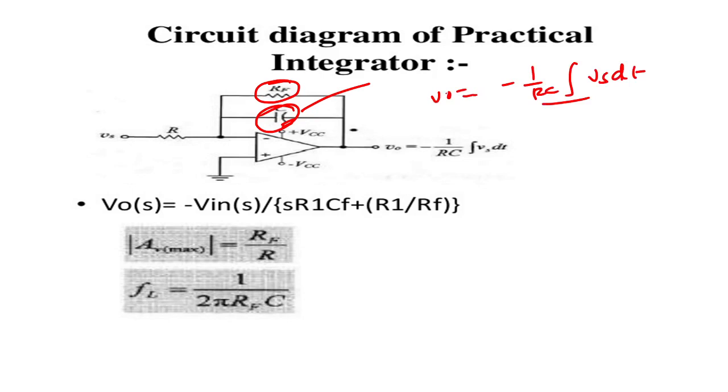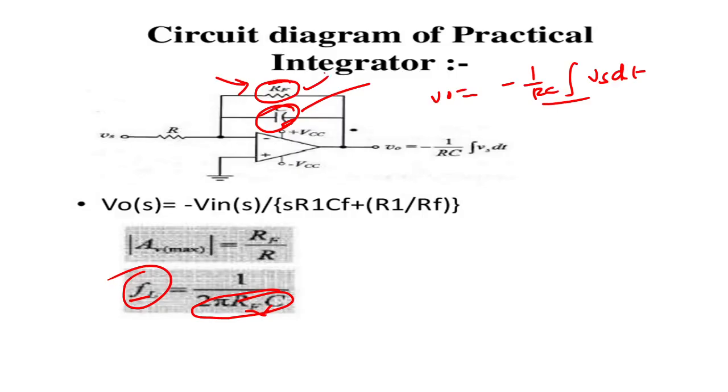So what is the difference between this? We get the lower cutoff frequency as 1 divided by 2 pi RCF. By putting in these two values, R and C, we get the lower cutoff frequency. What is the lower cutoff frequency in this one? Practically, in the integrator there is one RF to reduce the noise and all that. We have to put the resistor in between these two. This is my practical integrator circuit over there.